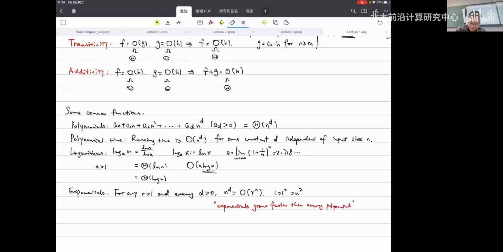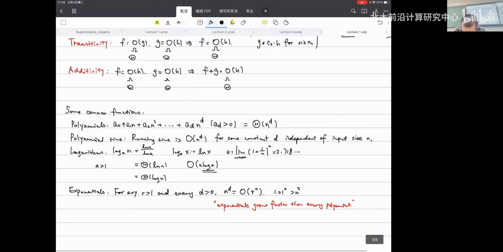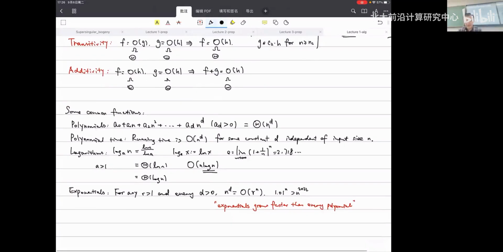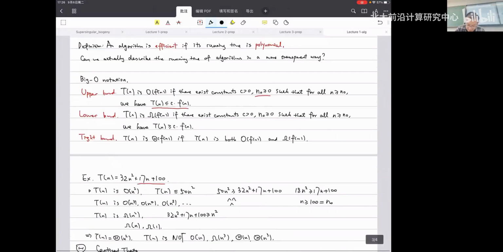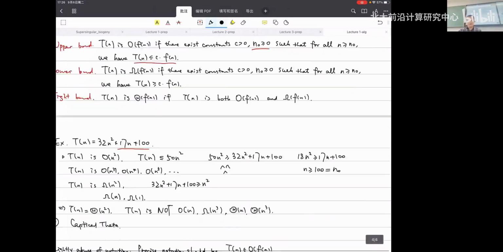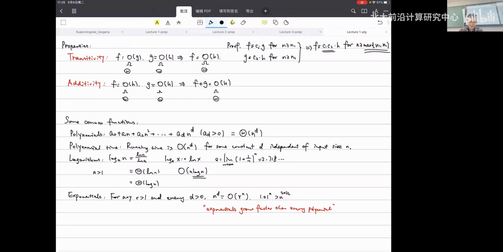It does not matter if it's larger than n squared; even if this is n to the 2022, this is also true for sufficiently large n. In the big O notation, we have this n0 here. For 1.01 to the n to be larger than n to the 2022, this probably really needs a large n. But ultimately, from standard calculus, you know that this is going to be true. So any questions?